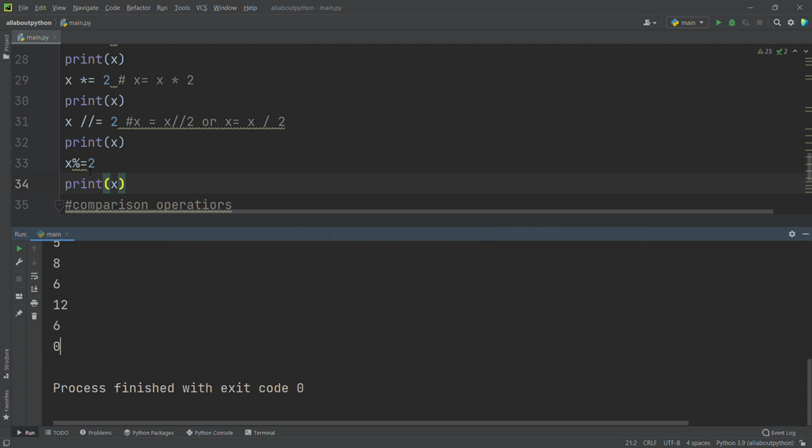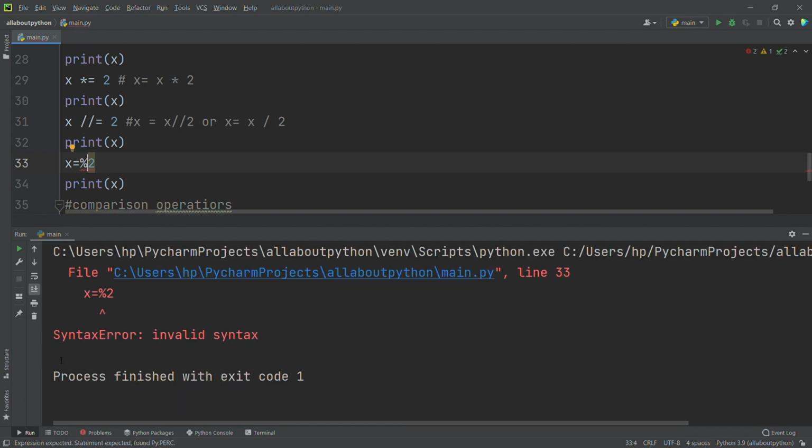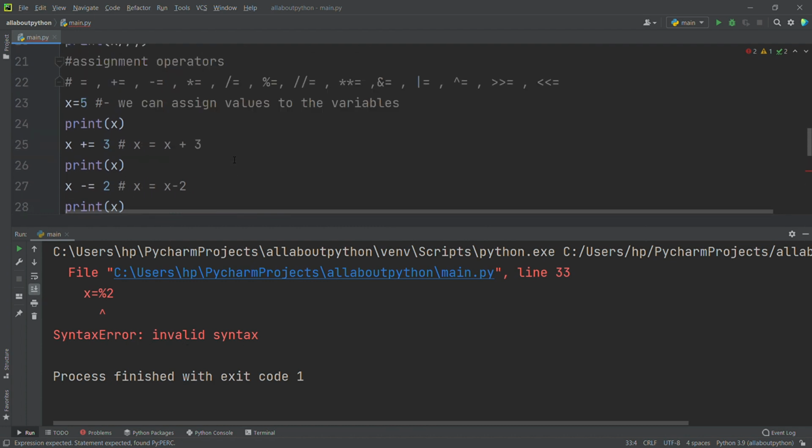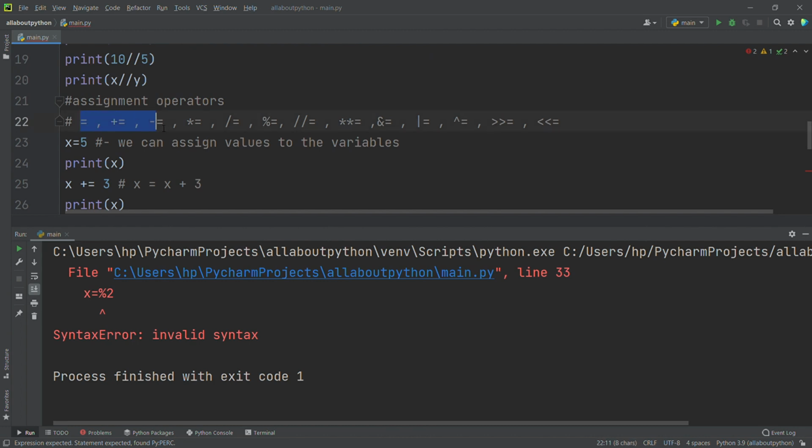Now if I say x =% 2, what is going to happen? It's going to throw an error, invalid syntax. So this is the syntax we have to use for all the assignment operators. We cannot change them left to right or right to left as we wish.